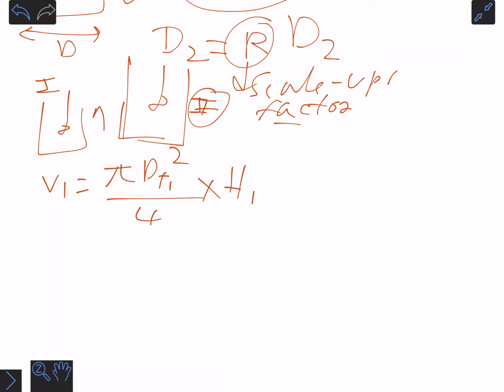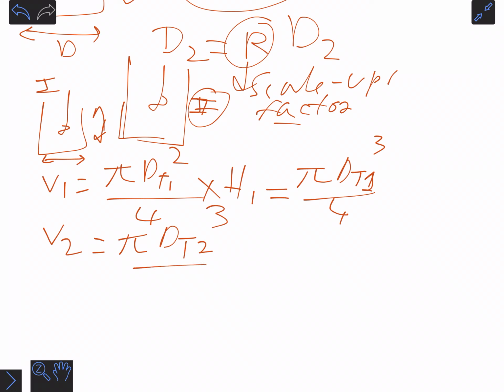So H1 represents this height and this represents Dt1. However, since I have shown you previously that we are taking a special case, this will be pi Dt1 cube by 4, where Dt1 is the diameter of tank 1. And for volume 2 we will have pi